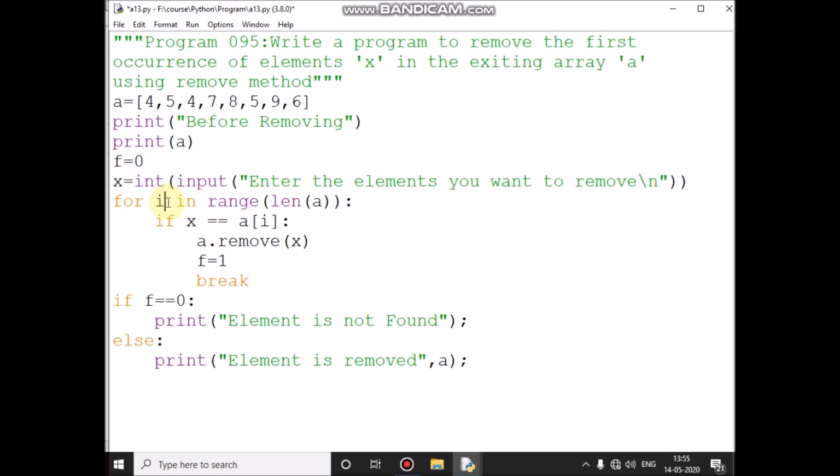For I value 0 in the range, array length is 8, 0 to 7, condition is true, control comes here. X value is 55, A of 0th location value 4, condition is false, control comes here and it will increment the I value. I value becomes 1, then control comes inside the loop, the X value 55, A of first location value 5,